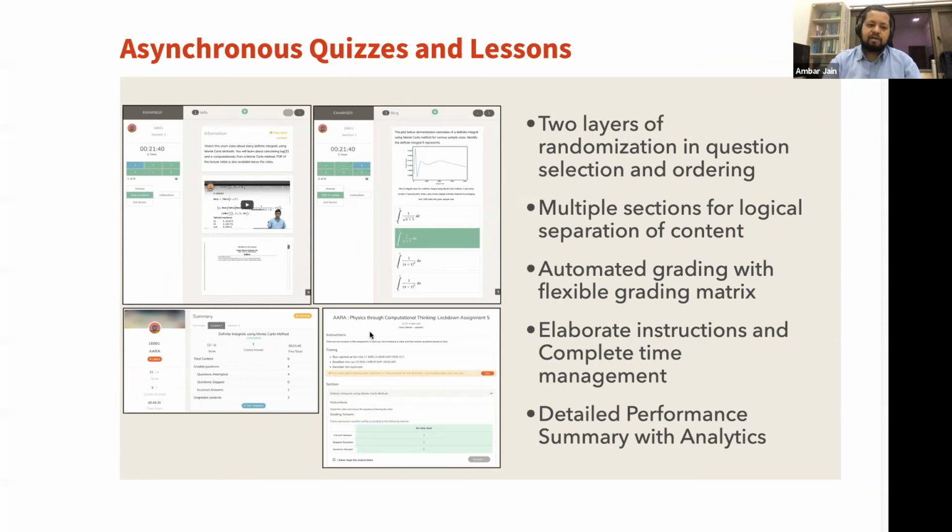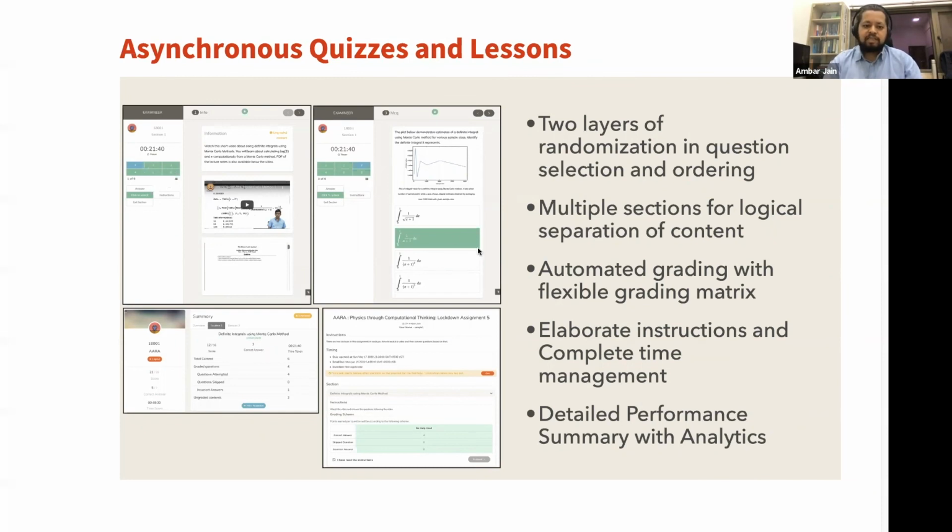You can embed a video anywhere. So here's an example of informational content where a video is embedded and also a PDF file is embedded, so that students can watch the video, refer to the PDF file, and then follow up. They can work on some questions based on those videos. So this is the lesson mode.